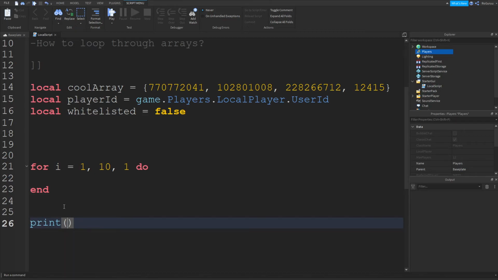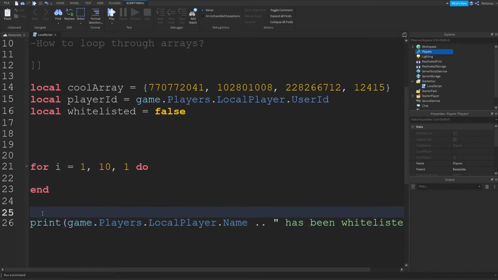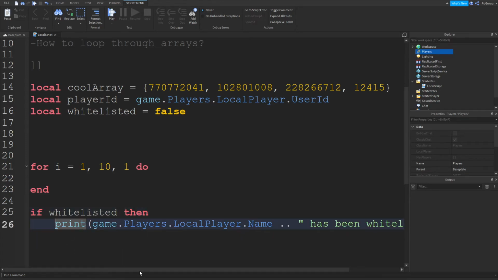Actually, we'll just say, give the Players.LocalPlayer, so we get the player, and then we can get the name by just doing .Name, that this is the name of the player, and then .. " has been whitelisted." There we go. If whitelisted, then boom. So pretty much we're going to set the value of whitelisted to true if the admin is whitelisted and false if he isn't. Else,